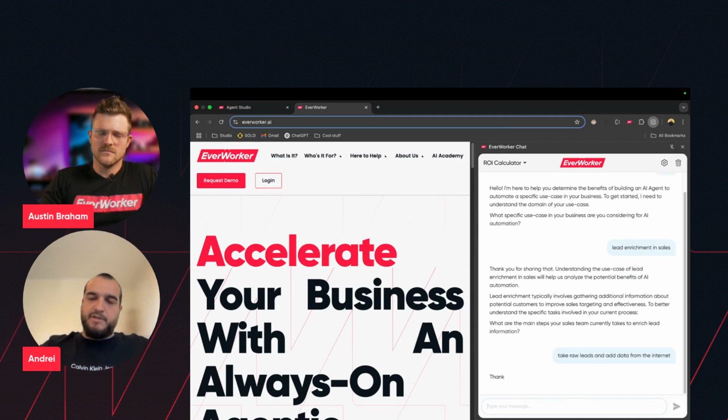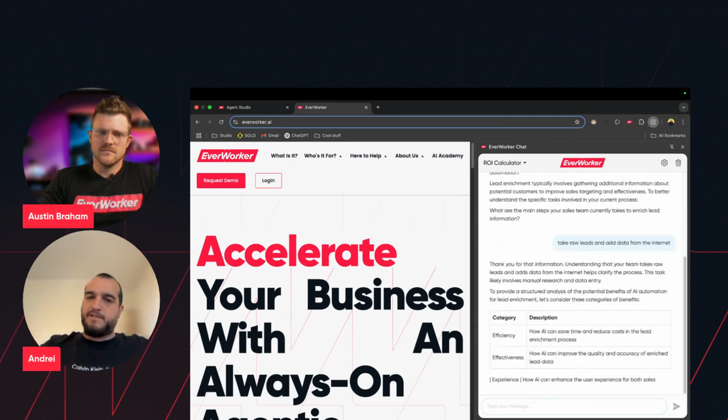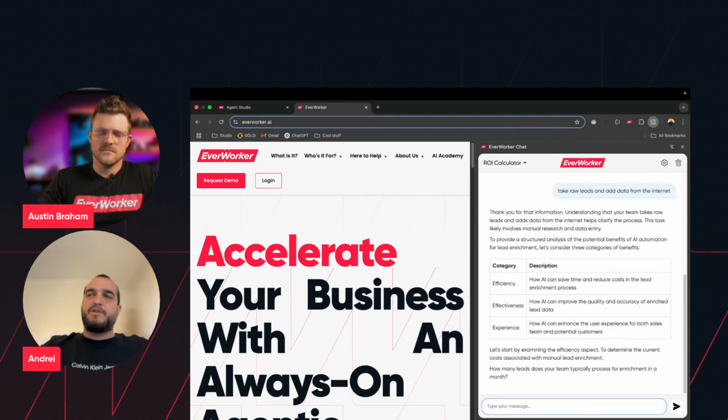One interesting thing about this worker, not the extension in this case, is there are basically no guardrails. I mean, yes, we tell it what it's supposed to do and how it should approach it, but there are no specific rules for lead enrichment in sales. It on its own is able to understand what it's about and how to do that calculation. We never tell it you should consider this, or that. To calculate the ROI, it splits everything into three categories.